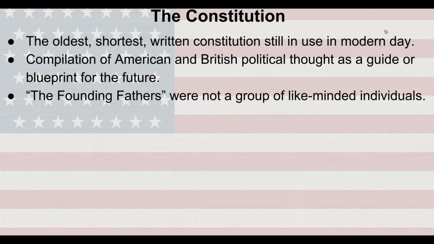We often lump the Founding Fathers together as one big group of individuals who thought the same way. And this is not always true. This is not true at all. In fact, our Founding Fathers were not a group of like-minded individuals. They all had the same goal in mind, which was to create a lasting government that would be successful and effective, but they didn't believe in getting to that end result in the same way. And they're going to come together to create our Constitution